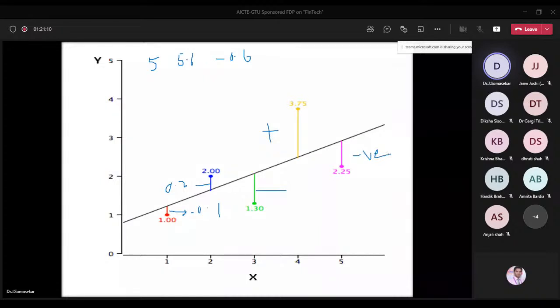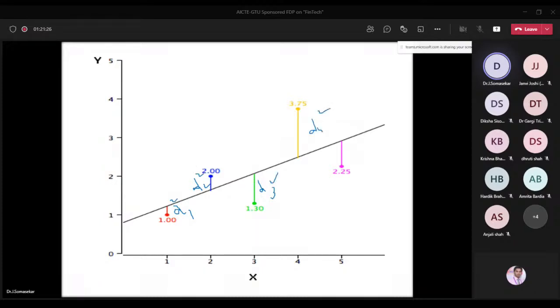Always make sure that when you take the sum of all the errors, it should be minimum. For that, what I'm going to do is square. So let us assume this is D1, this is the difference, that means error. This is D2. D1 square, D2 square, D3 square, D4 square. Why am I squaring? Because if we have negative errors, we can make them positive, and I can see how much error we have. Otherwise, if we have negative and positive errors and we add them, it becomes 0. It does not mean the regression line is the best fit. Because of that, make sure that the sum of squares of residues or errors is minimum.